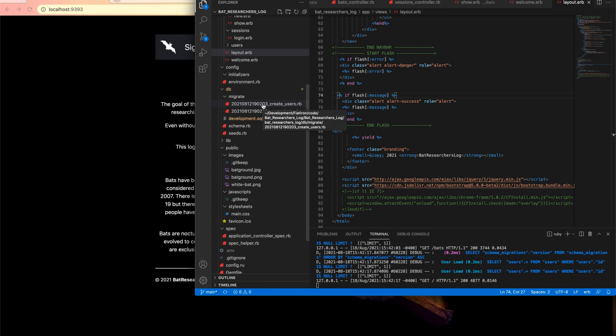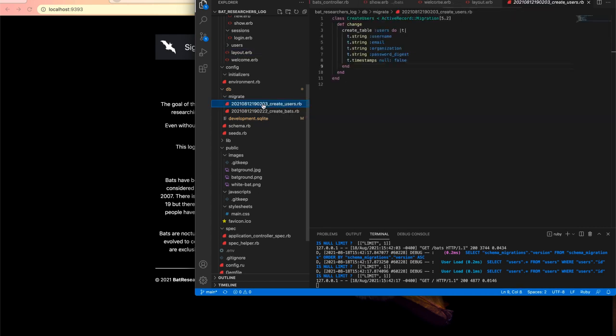Also, I'll show you our database real quick. So our users table has a username, email, organization, password digest, and that's using bcrypt, and it makes sure that the password stays secure and it has salt added to it. I also put a timestamp, so that just shows when the account was created and then last updated. We can only see that in our SQL